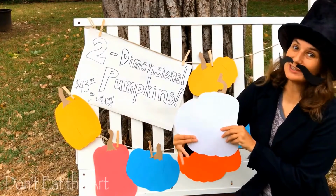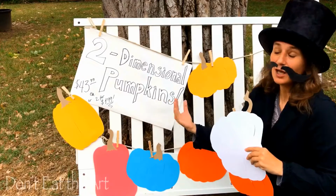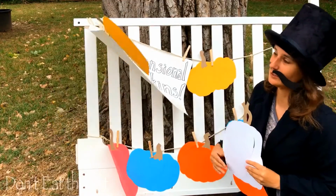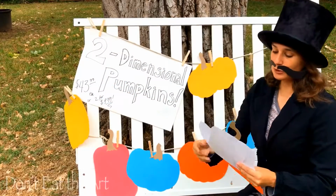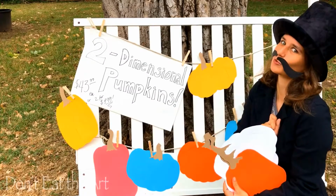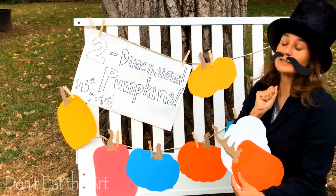Hello. Reginald the salesperson here again today to offer you two-dimensional pumpkins. Do you simply not have space for those full-sized regular pumpkins this year? Well, come on down for our exclusive two-dimensional pumpkins, not 3D. Yes, they are very cheap, only $43.99 for one, or if you get two, they will be